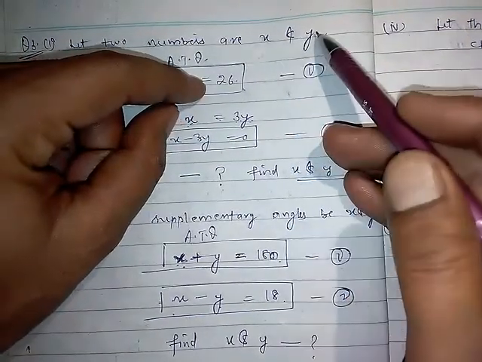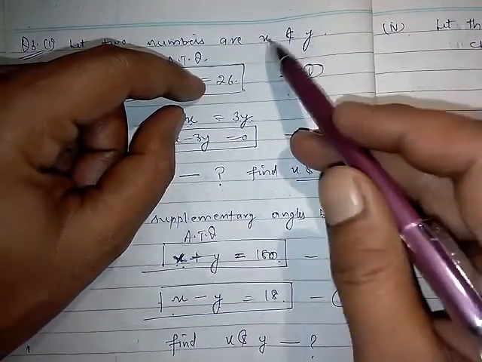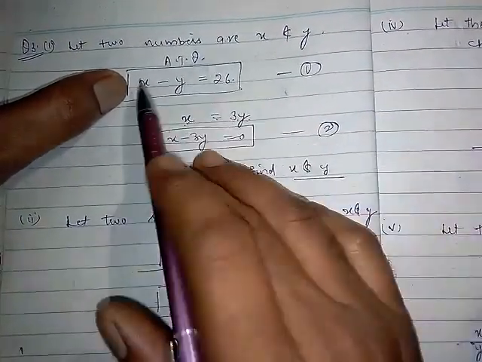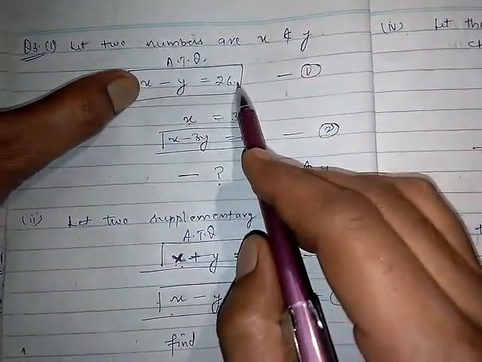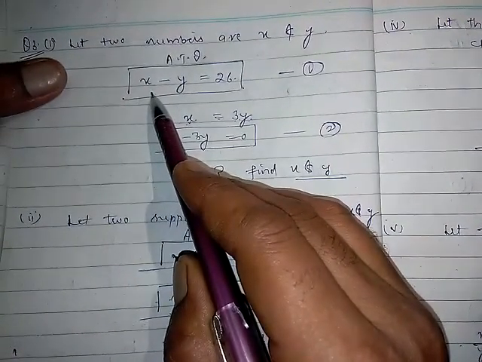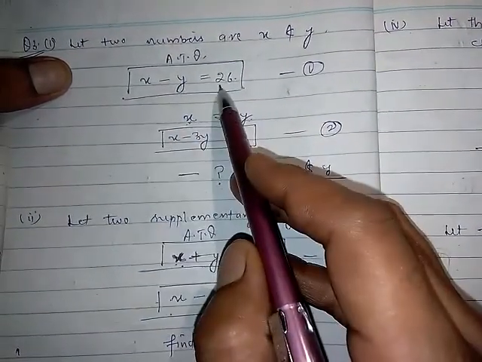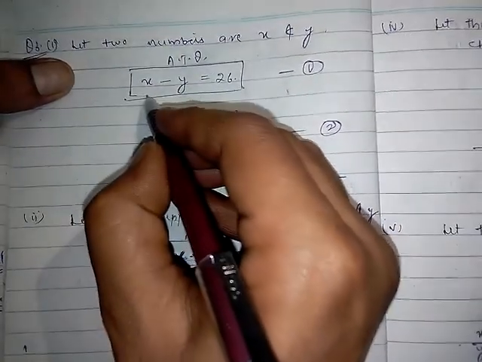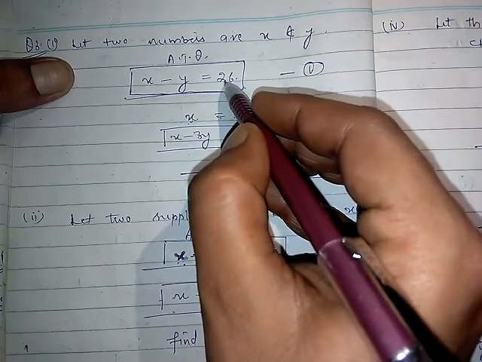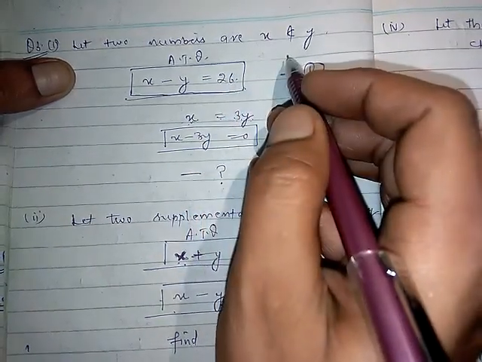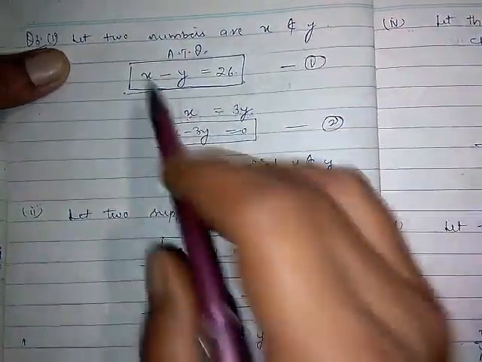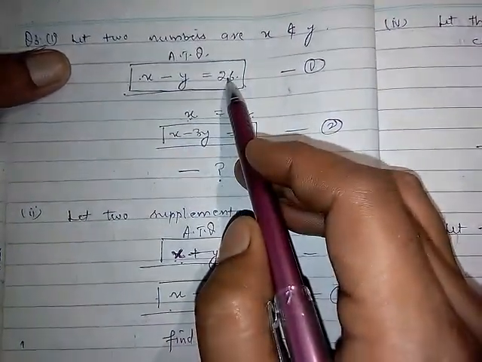And now see here, let the two numbers be x and y, and up to here we have not said which number is greater and which is smaller. Any number can be greater or smaller. But after writing the first equation, x minus y is equal to 26, we have declared x as the greater number. Clear? Can you imagine this? This is common sense only. You subtract the smaller from the bigger, only then will you get a positive number. OK, 2 minus 1 will give you plus 1, 1 minus 2 will give you minus 1. So keep this in your mind: greater minus smaller will always be positive.